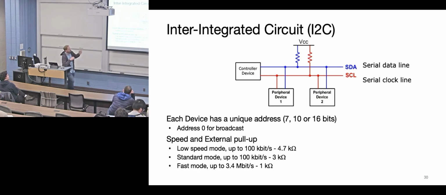What else? It's important to think about that now all of a sudden the speed of your bus is defined by some resistors. That's typically not the case. Typically, with SPI or UART, you just go faster. Just make the clocks faster, send more bits. No problem. But here you're physically limited by a hardware decision that some other engineer made on the board. If you want to go faster, you've got to resolder those resistors. That is one peculiarity.